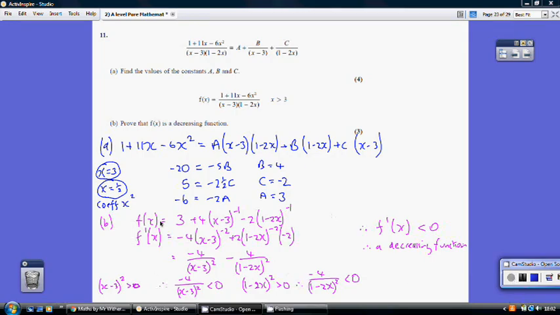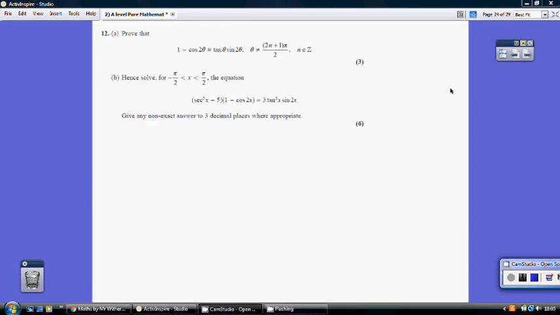11 part B. So I've rewritten the function in the partial fraction format, but have taken the x minus 3 and the 1 minus 2x upstairs, if you like, having those to the power of minus 1, and then I can then differentiate that, which gave me this, which I've then just rewritten in sort of fraction format. Now think about the first term. x minus 3 all squared is going to be positive, so we're going to have a negative divided by a positive, which will always be negative. So this term will always be negative. Moving on to this term here, 1 minus 2x all squared, again will always be